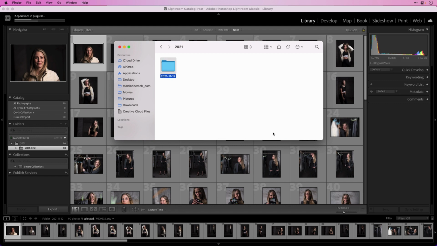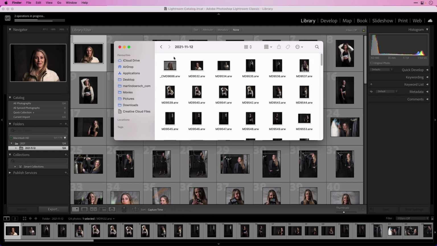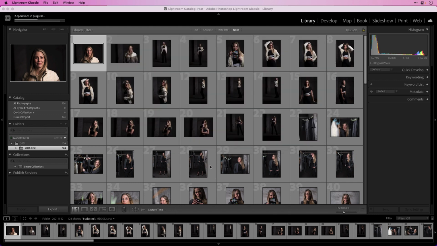So I go up to folders, and you see I'm inside the pictures. Lightroom has created this 2021 folder. I can double click on it. Inside this 2021 folder is this folder Lightroom creates, like the date, so year, month and day. And when I go inside this folder, you see all the images get imported inside this folder because Lightroom is now importing these images. So that's really a crucial part.